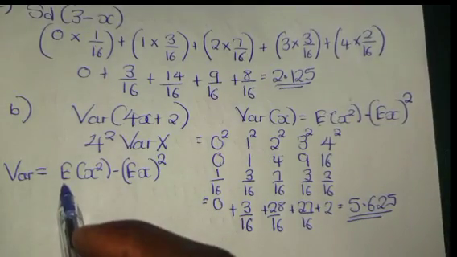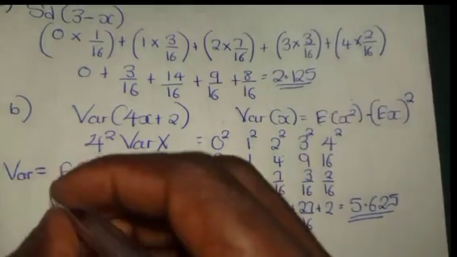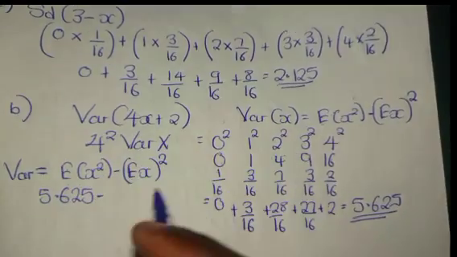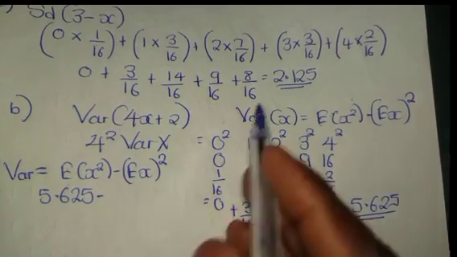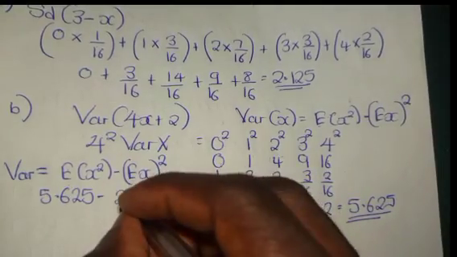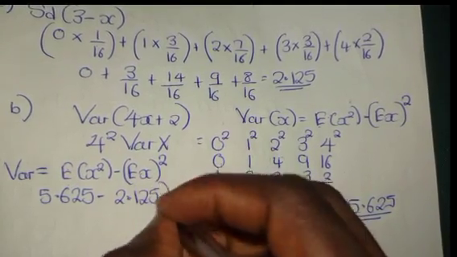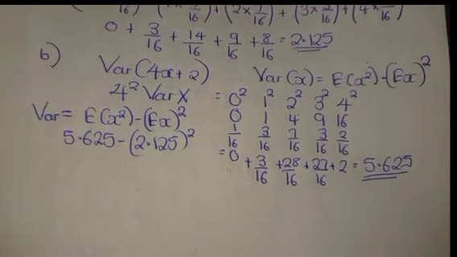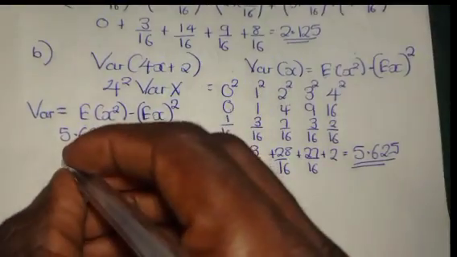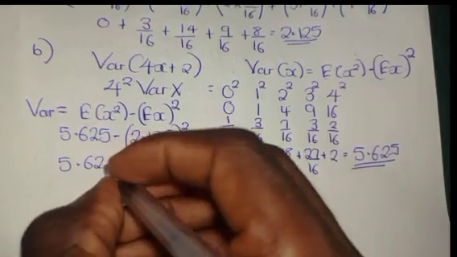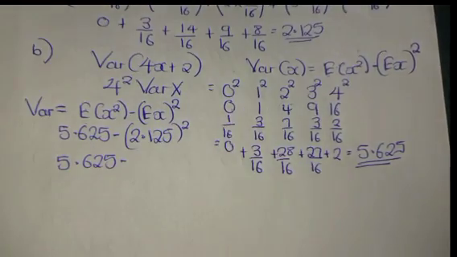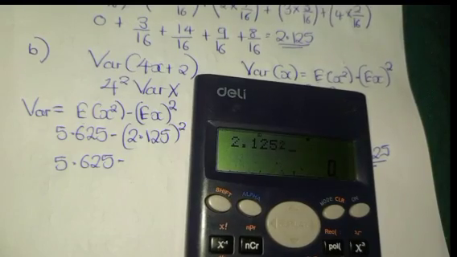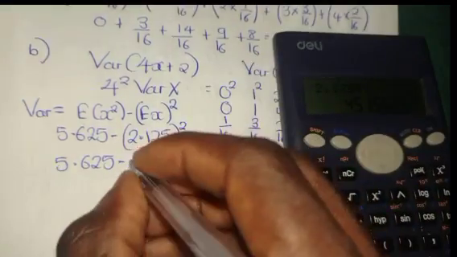So the expected value of x squared in this case is 5.625 minus the expected value of x, which was 2.125, where we now square it. So immediately we have 5.625 minus 2.125, the square of it is